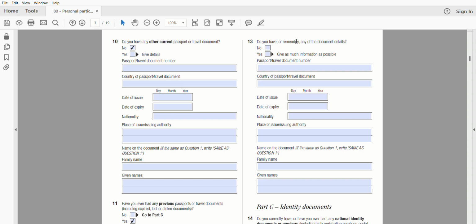Do you have or remember any of the document details? So I'm going to mention the details about my expired passport. So yes, I do have the details, and I'm going to provide my old passport number here, and the country again would be Sri Lanka, and date of issue, let's say 2010 again.